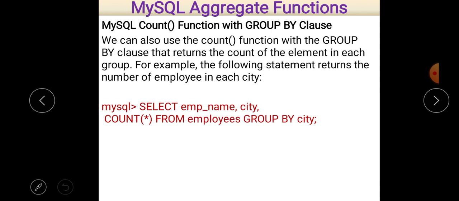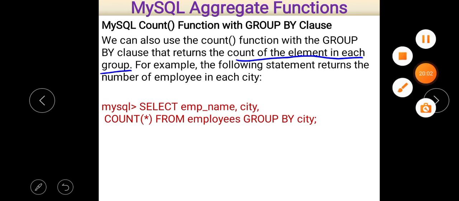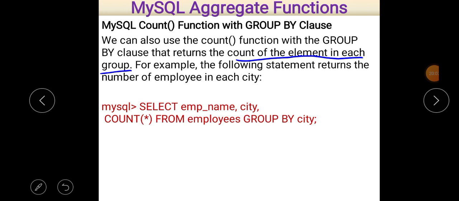So group by basically groups the same records. So we can also use a count function with the group by clause that returns the count of the element in each group. Note that. For example, the following statement returns the number of employees in each city.